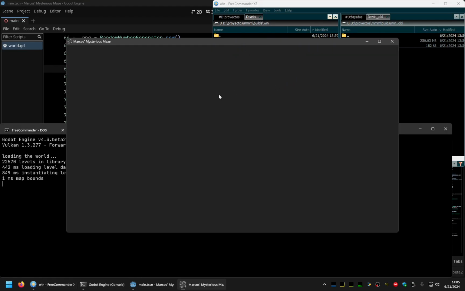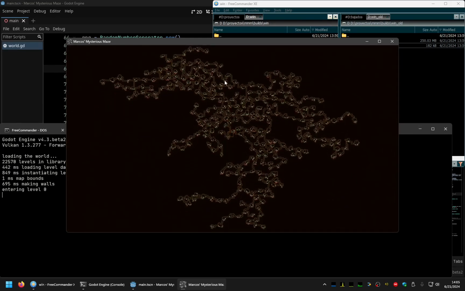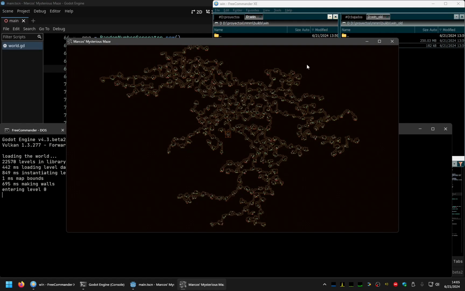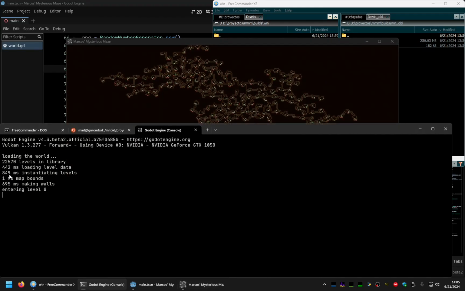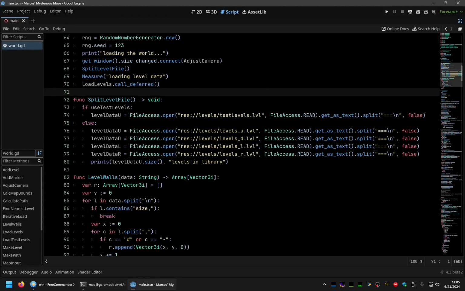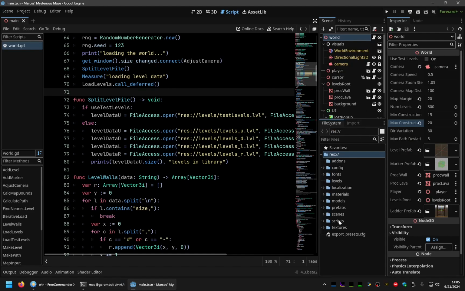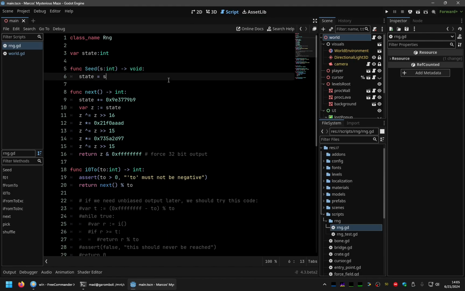it takes much less time. Obviously, you see a different world. I will talk about that in a bit. But the new implementation loads the 300 levels in much less time, 800 milliseconds. So what I did was to bite the bullet and retire, or disable for now, my own